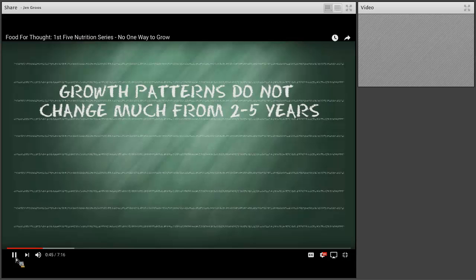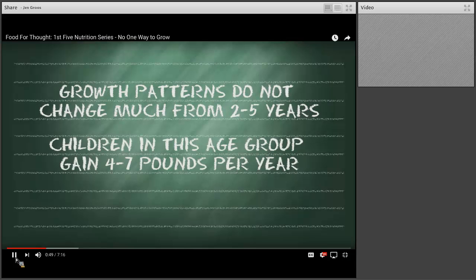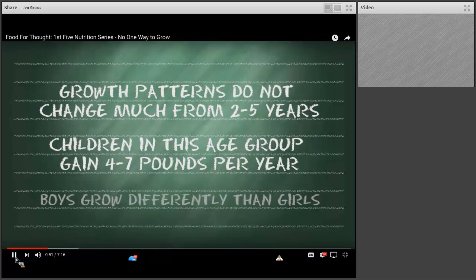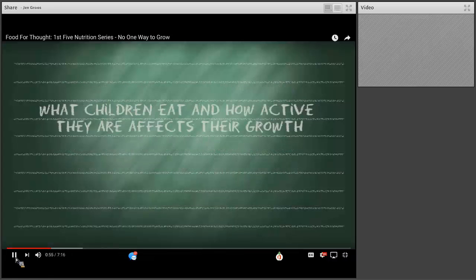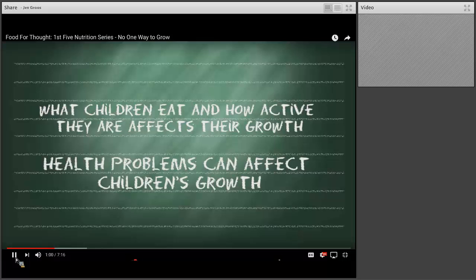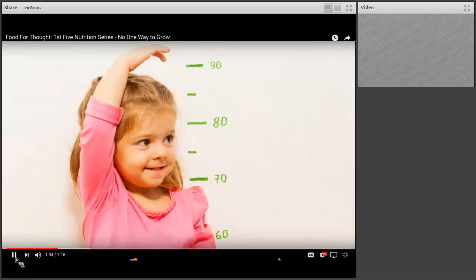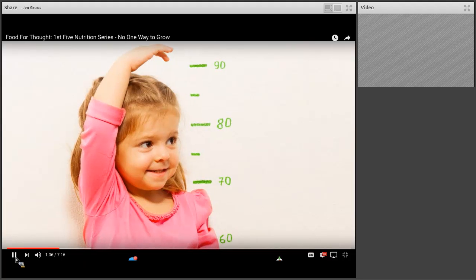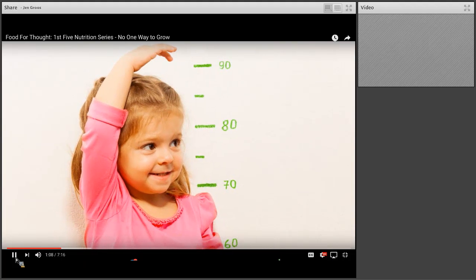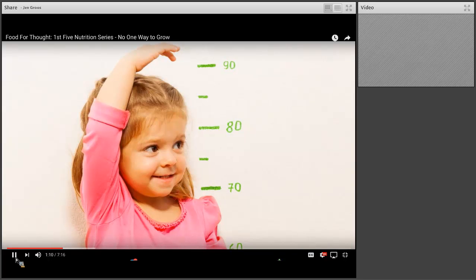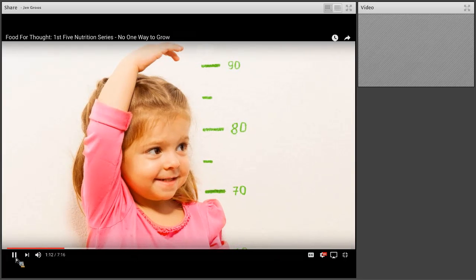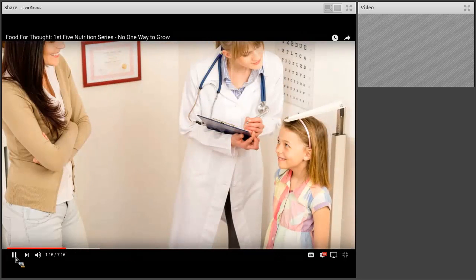Growth patterns do not change much from 2 to 5 years. Most children in this age group gain about 4 to 7 pounds per year, and boys grow differently from girls. It's also important to know what children eat and how active they are affects their growth. Health problems can affect children's growth as well. Now let's talk about growth charts. Healthcare providers use growth charts to compare your child to other children of their age and sex. They also allow doctors and nurses to see the patterns of kids' height and weight gain over time,